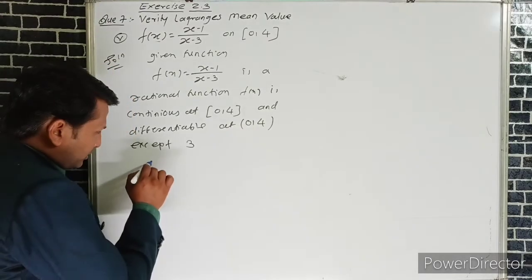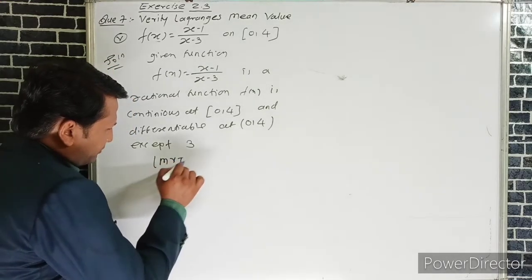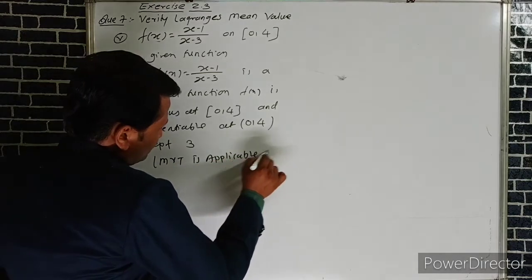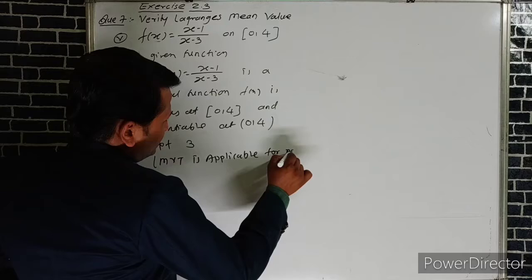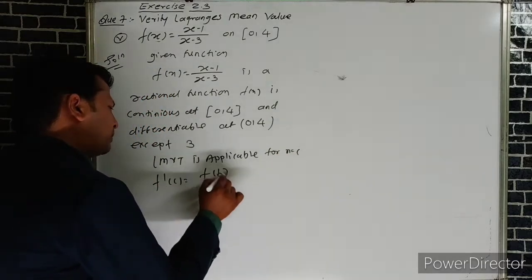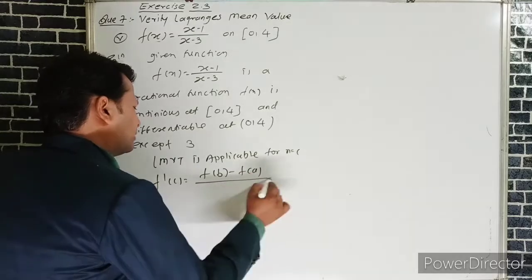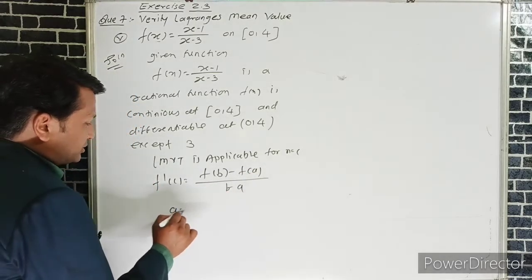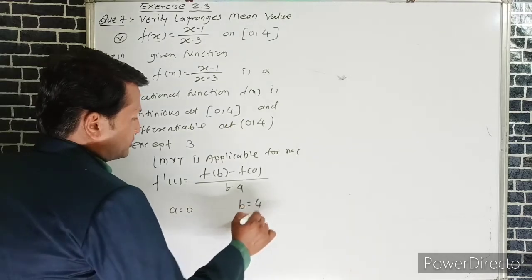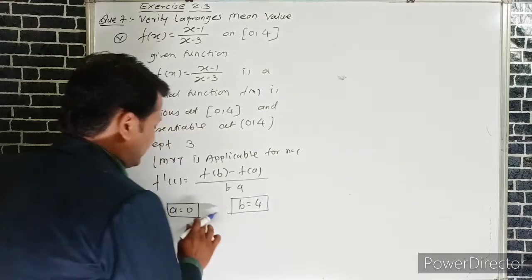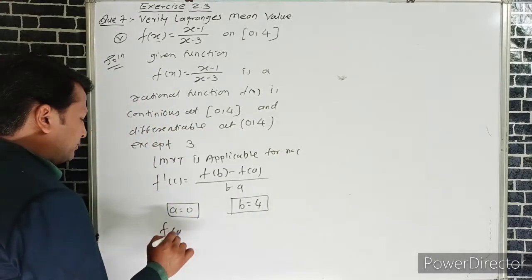So we know that LMVT is applicable for x equals c, f dash of c equals f of b minus f of a upon b minus a. Here we know that the value of a is 0 and the value of b is 4. If we substitute these values of a and b, then we can say f of a equals